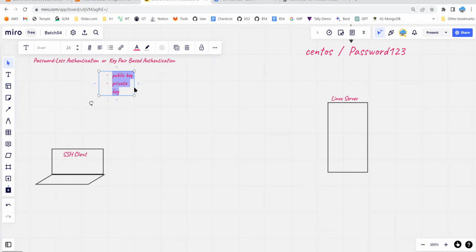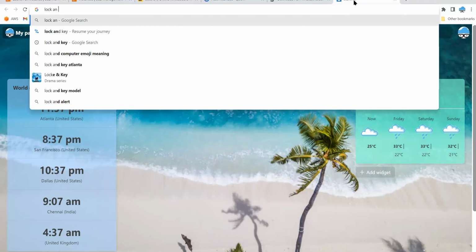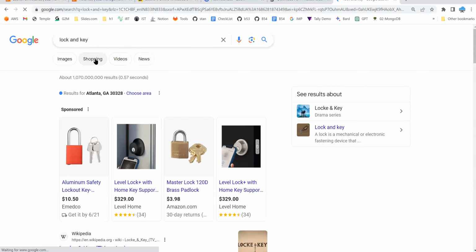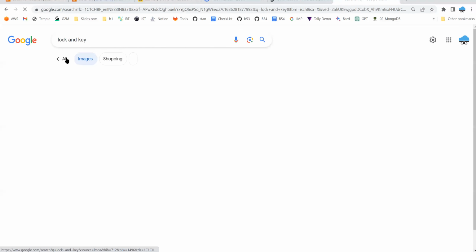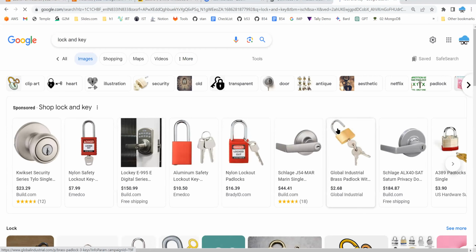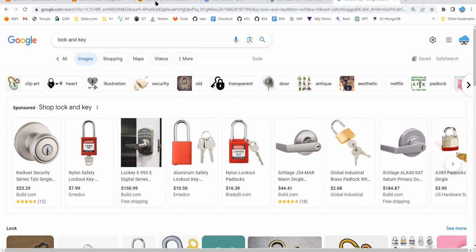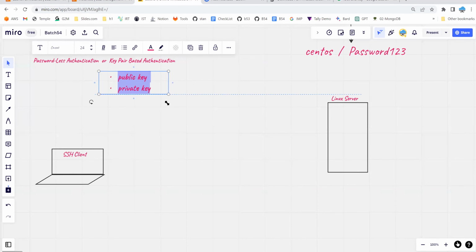Okay, so it is just like your lock and key concept. For example, if you take these images, in order to open this lock, you need to have the exact key. If you are using one lock and one key, it will not work. So the key and the lock are a combination. Similarly, in Linux, you are going to generate two files, and one file is the public key and the other file is the private key. Public key is not a sensitive file and private key is a sensitive file, which means